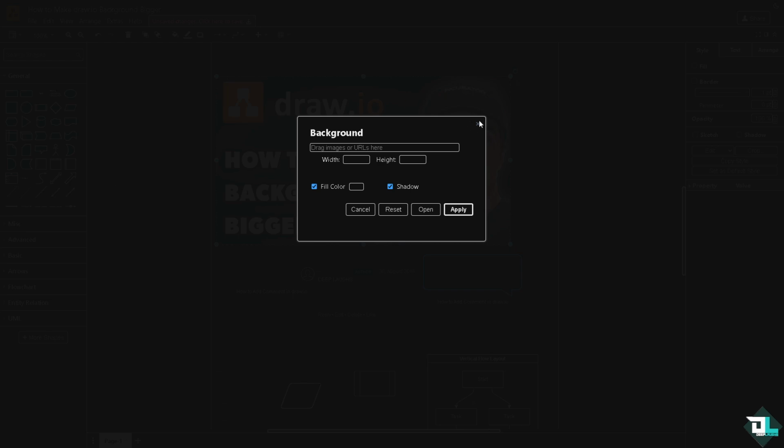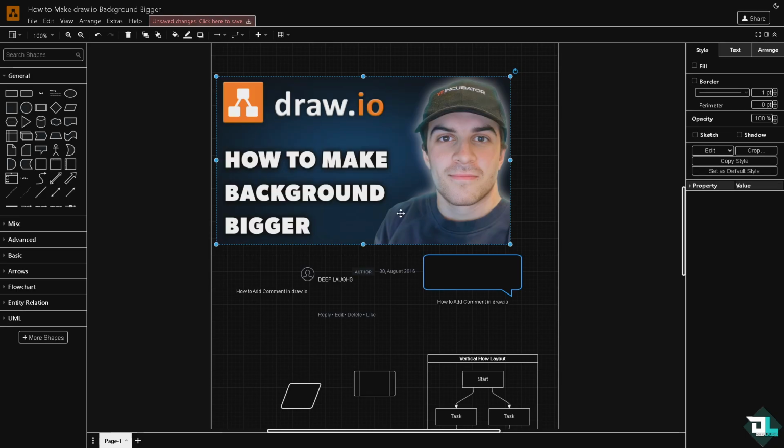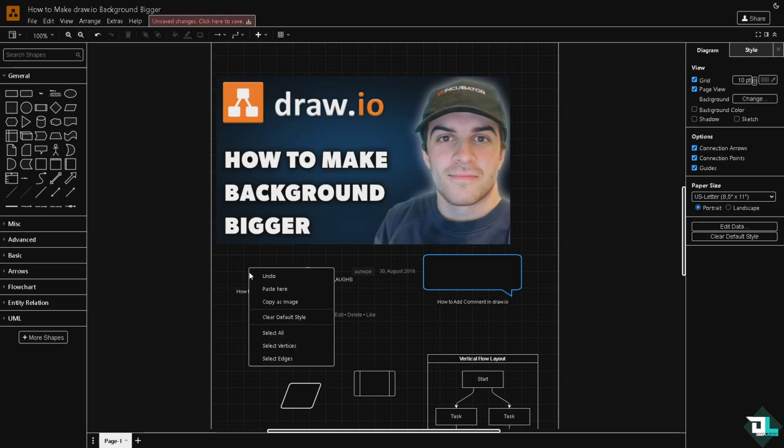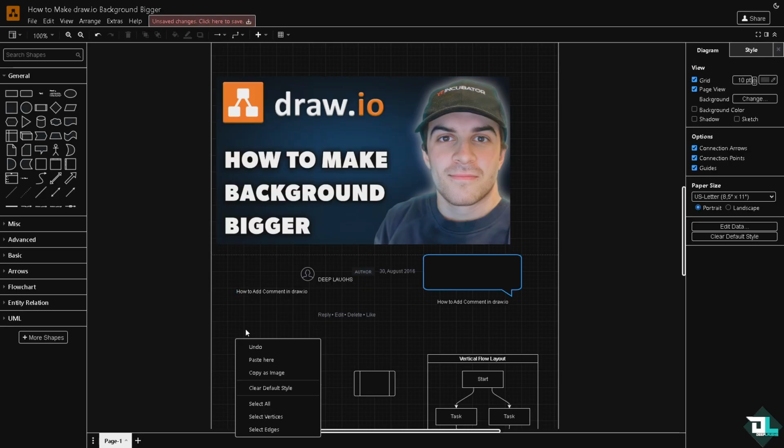Now, another option is, you see here, let me cancel that. If you right click on the, there isn't much of an option, but what you can do is use the zoom out to view the full background. All right, so you can use the zoom tool